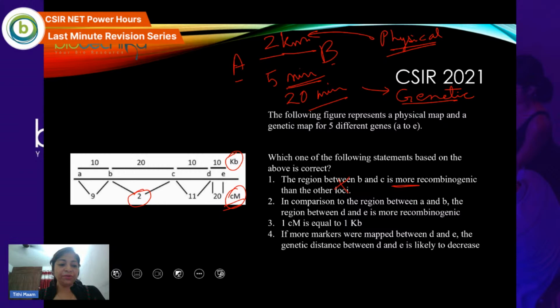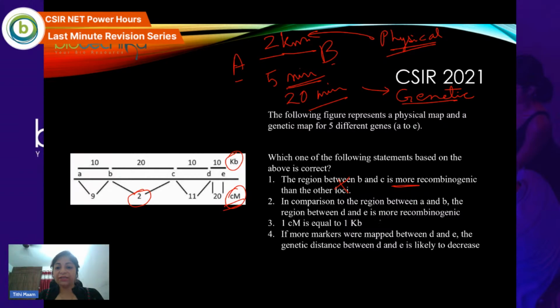Do you understand, Mayuri? B and C has the least number of recombination because its recombination frequency is only 2. Recombination frequency percentage itself is the centimorgan, right? So this is wrong. Second, in comparison to the regions between A and B and between D and E,